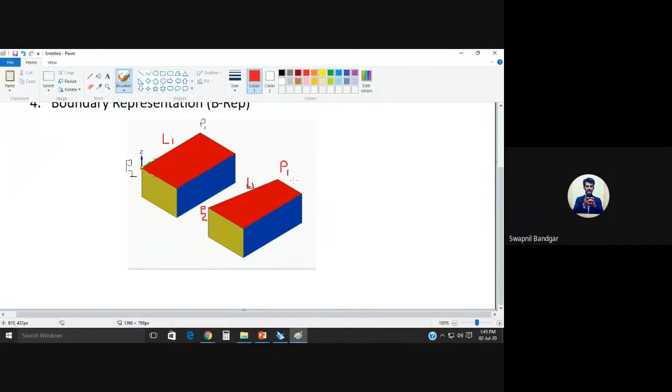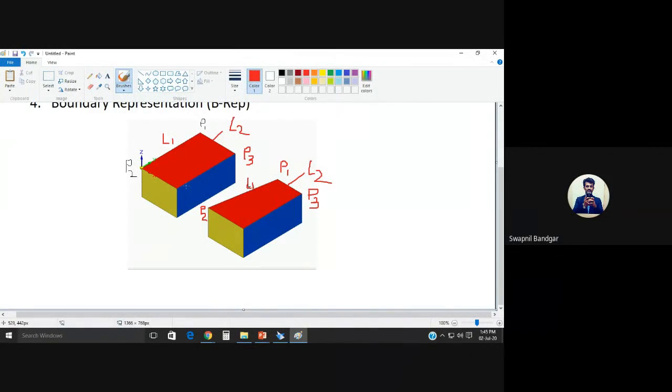Okay, and here this is L2 and this is P3, right? And here is also L2 and this is P3.